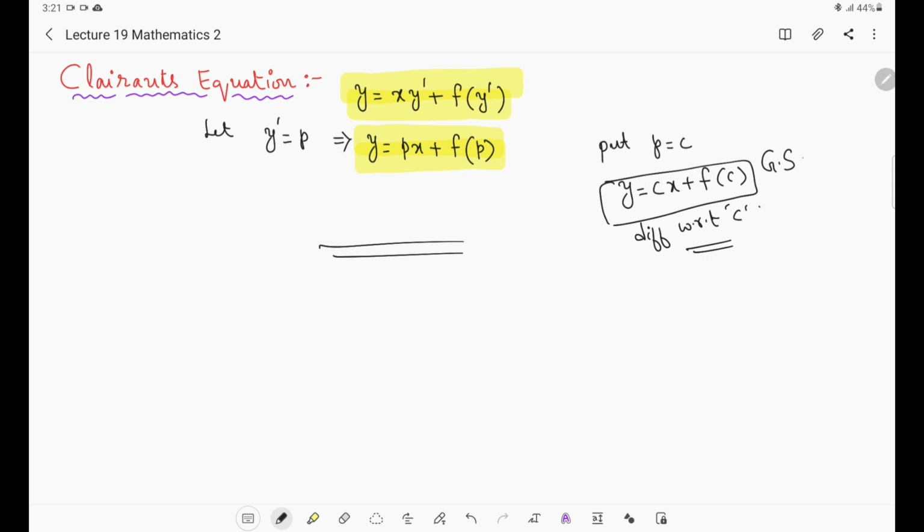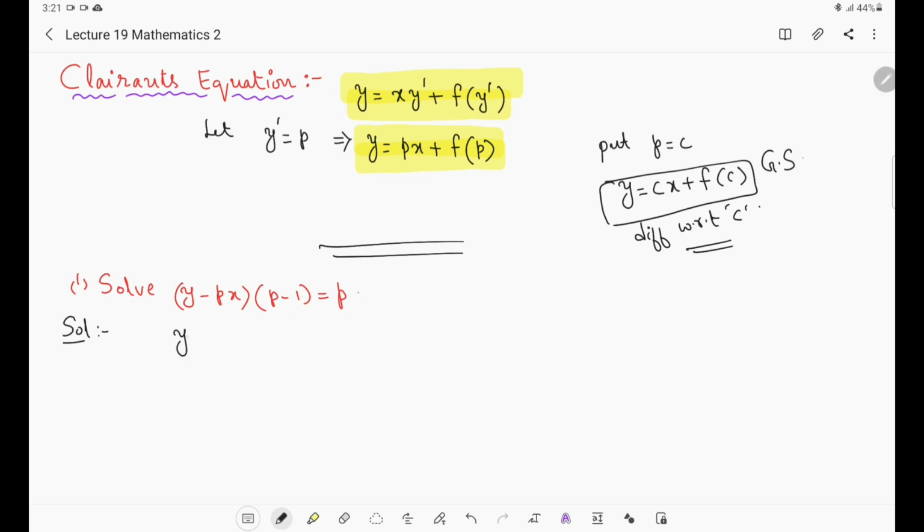What type of questions will be asked in the examination? We will take the first problem: solve y minus px into p minus 1 equals p. We have to solve this, meaning we have to find the solution y. First of all, is it a differential equation? Yes, it is, because p is there, where p stands for y dash, the derivative of y with respect to x. Because p is there, you have to understand that the problem is related to Clairaut's equation, and try to reduce this to Clairaut's form.